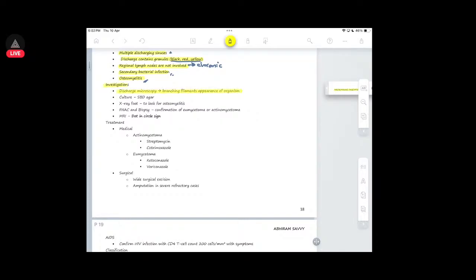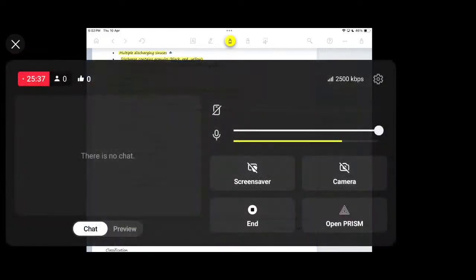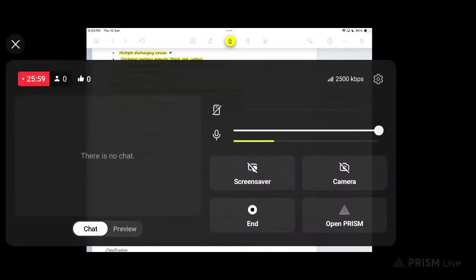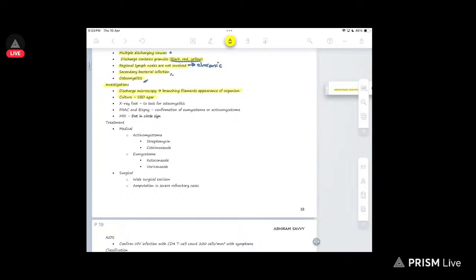Then investigations: on microscopy of the discharge, branching filaments will appear in the organism, because it's a fungus. So a branching filamentous appearance will be there. Culture is done in Sabouraud dextrose agar. X-ray of the foot to look for osteomyelitis, FNAC and biopsy for confirmation of eumycetoma